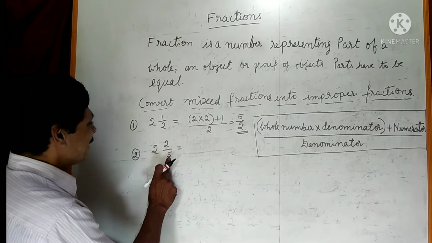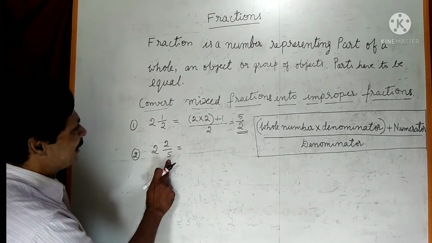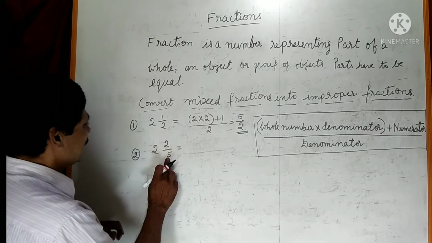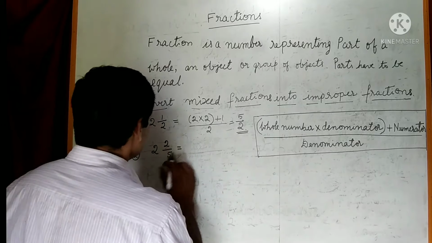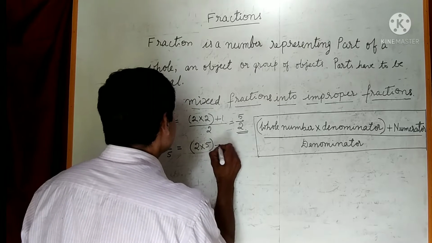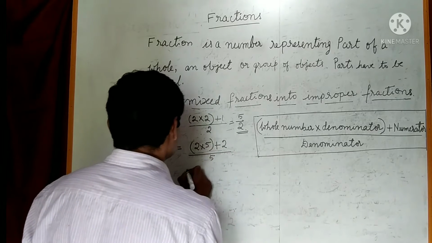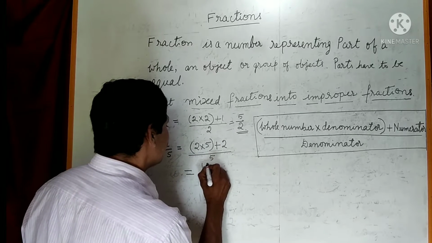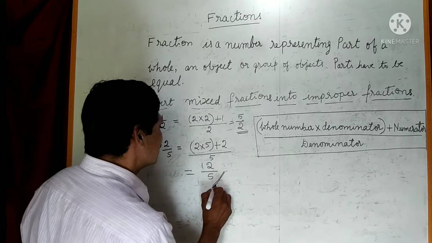That means we just have to remember like this. 2 into 5 plus 2 divided by 5 is equal to 10 plus 2, 12 divided by 5 is your